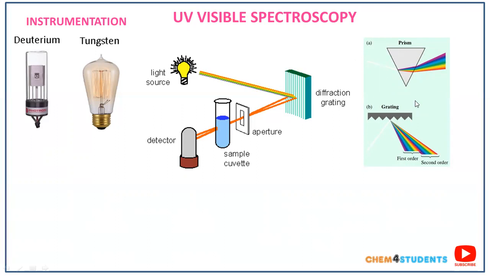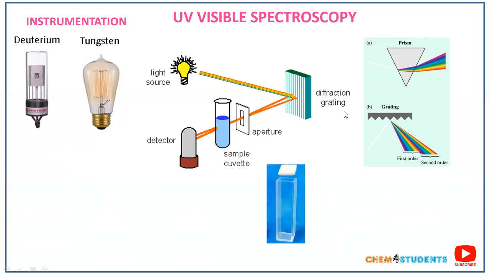So here one important point that we need to consider is that monochromators must be made up of quartz material when we are operating with UV radiation. Why? Because quartz material will not absorb UV radiation. If you are using glass material instead of quartz material, glass material will absorb the UV radiation. So this is the important point that we need to consider while performing this experiment.